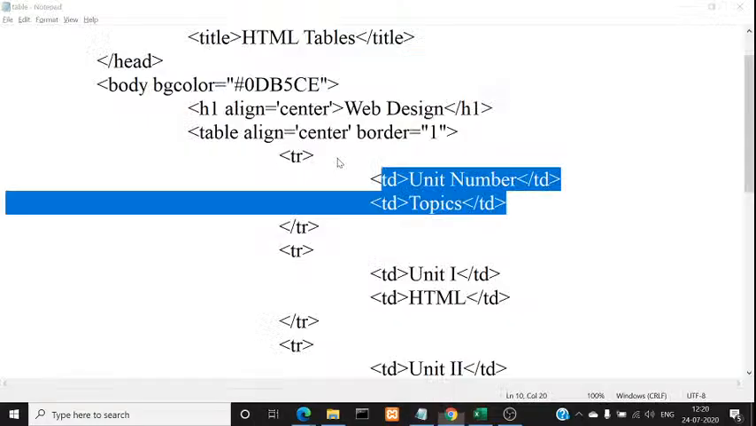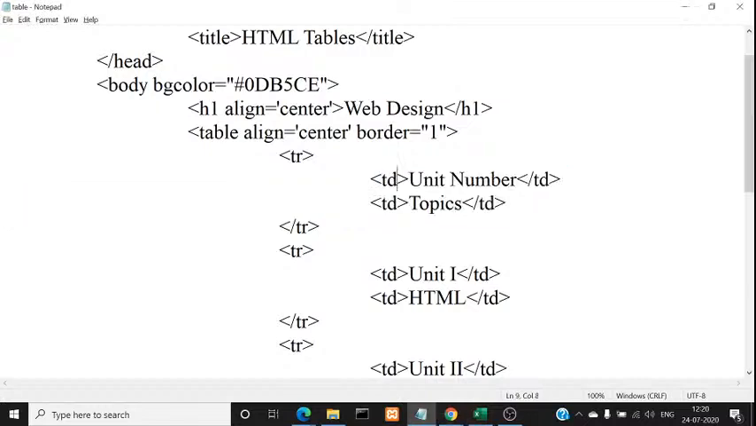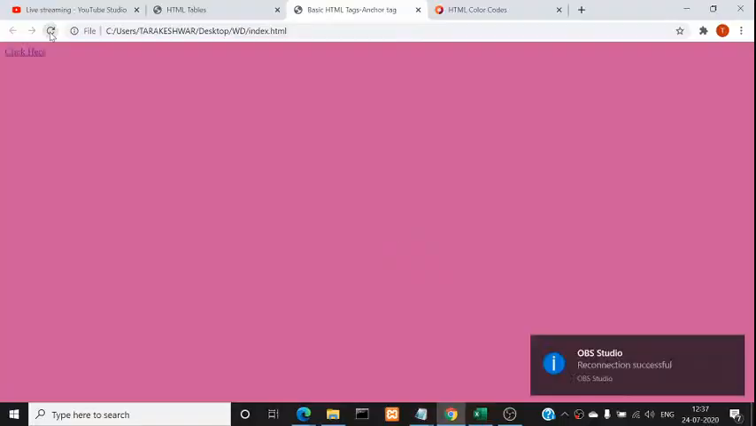So to do that, instead of using the TD tag, you have another tag called TH. TH stands for table head. So let me modify this to TH so that you will notice that now you are able to see